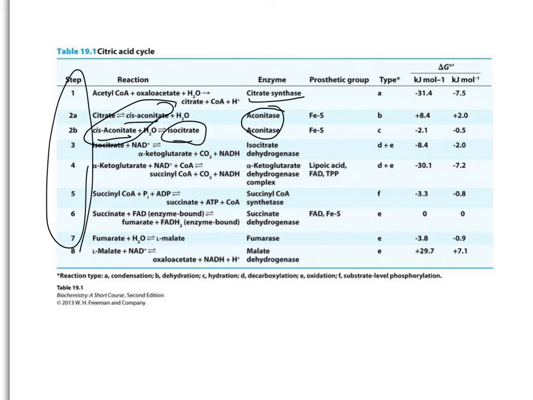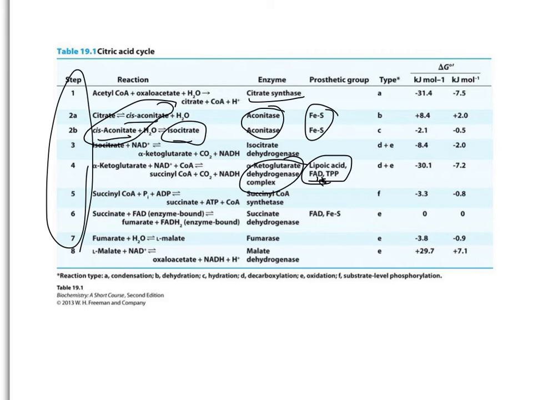And so you can think of it as 2 reactions catalyzed by the same enzyme. Has this prosthetic group, iron sulfur cluster, and then you have lipoic acid, TPP, FAD, very similar to the pyruvate